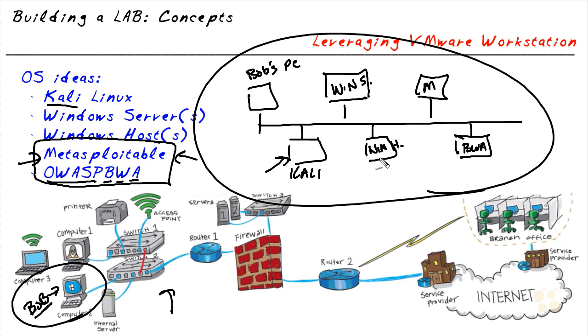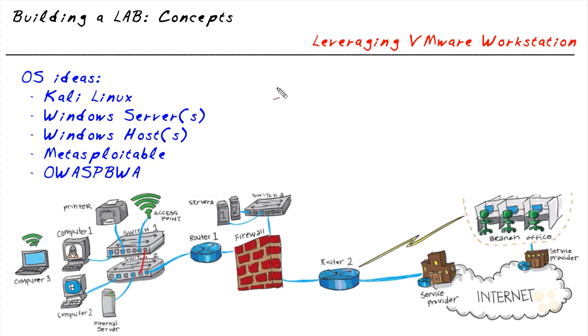And the great news is that most of these can be virtualized, so we don't have to have physical systems for each of them. What Bob could do is he could go ahead and have his computer right here. So this is Bob's PC. And Bob could be using an application called a hypervisor. One of the most popular hypervisors out there is from VMware, and it's a product called VMware Workstation. They also have an equivalent version or similar version for the Mac called Fusion, and there are other vendors' products as well. And what these hypervisors like VMware Workstation allow us to do is to create virtual machines on the